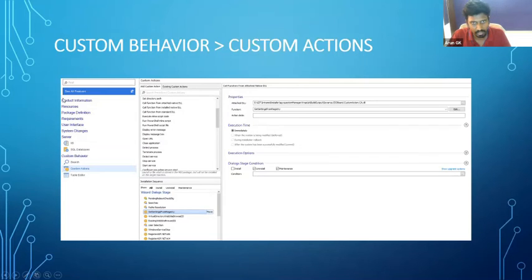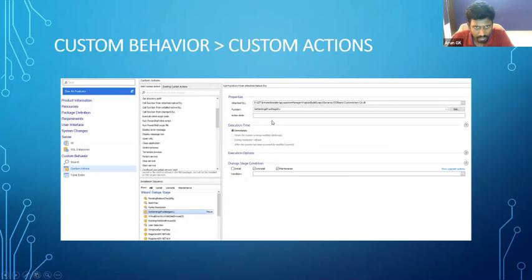Like this, you can modify whatever you need, as per your wish, in the installer file, and the installer file has the extension .aip, advanced installer project, AIP, and this is the full UI of the advanced installer project. Okay, and under the custom behavior we have the custom actions, and there are so many predefined custom actions listed in the website. You can use any one of them.